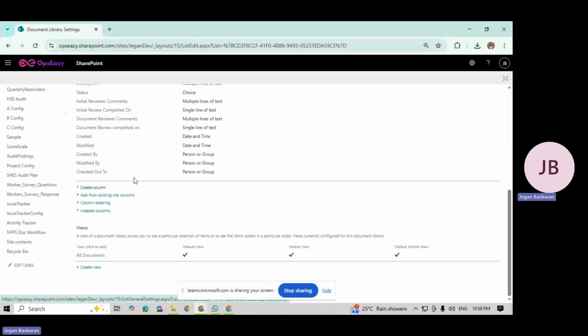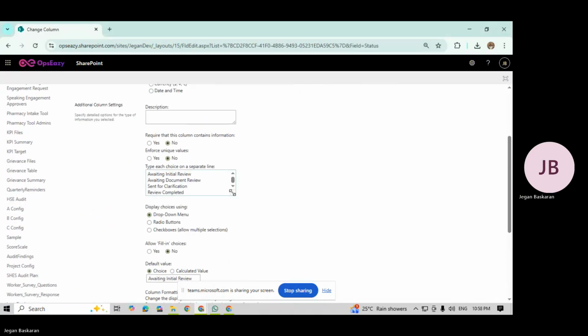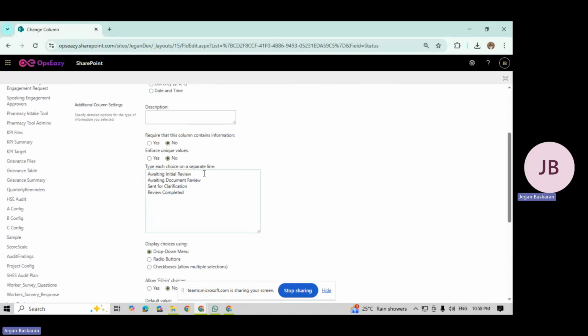Now there is one more thing we've missed in the status. So first it will be awaiting approval. Then it will be approved and go for awaiting document review. There is another chance that it is getting rejected at initial review. Okay, so if you have the possibility to make the document rejected also. Okay, and there is one more thing here,